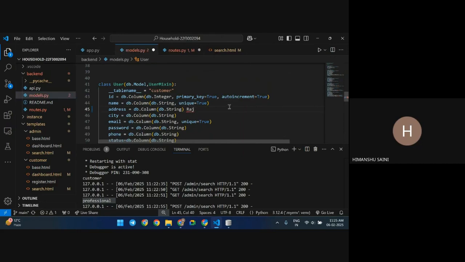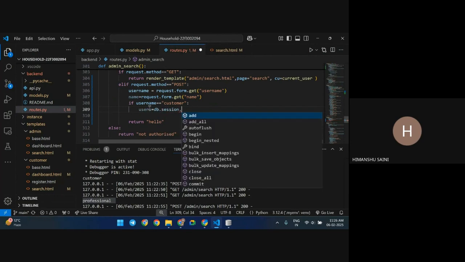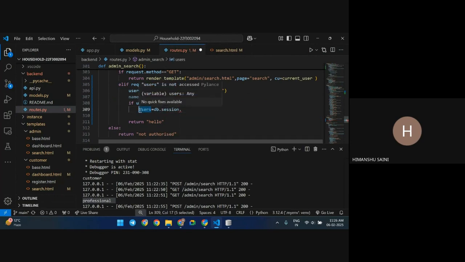Raj and the second can be Rajaram. Suppose I search for a customer and he searches a keyword Raj, so both should come, right? So that's why I have to keep it like from all, right? I have to make it all users. I want to retrieve all the users with the same name with the keyword. This name keyword has some keyword, right? So that's what I want. So query